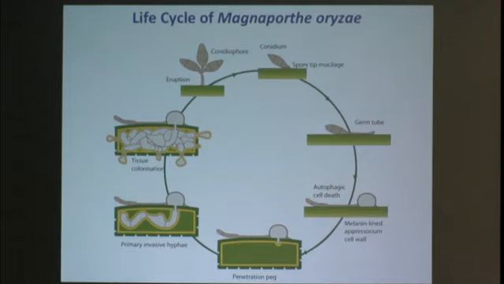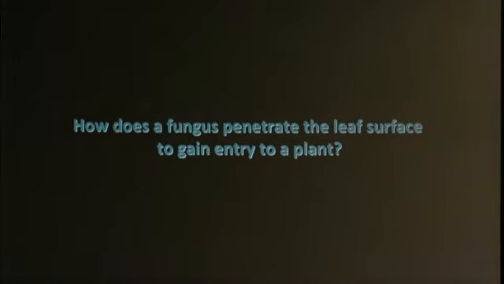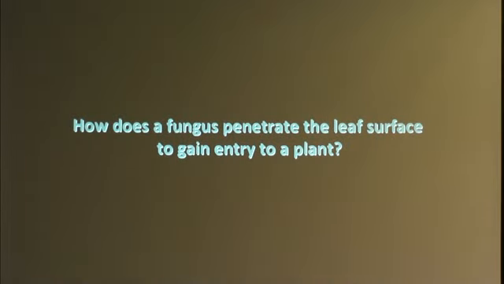If you block any stage of these changes, for example genetically, since you can modify this fungus genetically, if you knock out the genes that are important for germ tube formation or polarized growth of the germ tube, then you will block infection. Similarly, if you block isotropic growth, you will block infection. Understanding how these polarity changes happen and how we can use this to prevent fungal disease is the main research question. What I want to tell you today is a story that I worked on during my